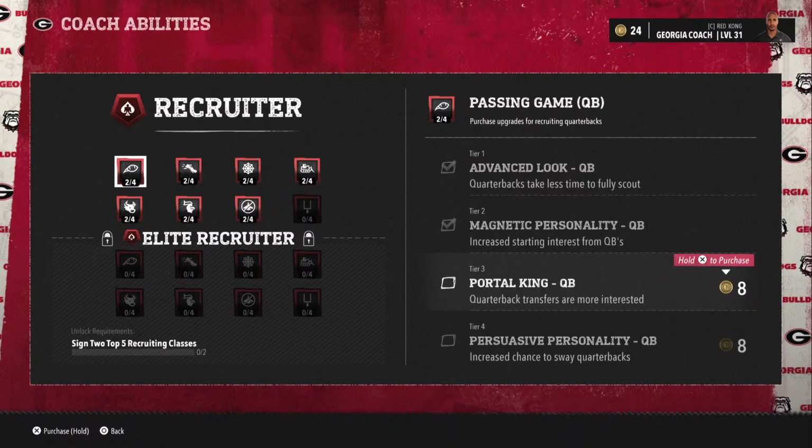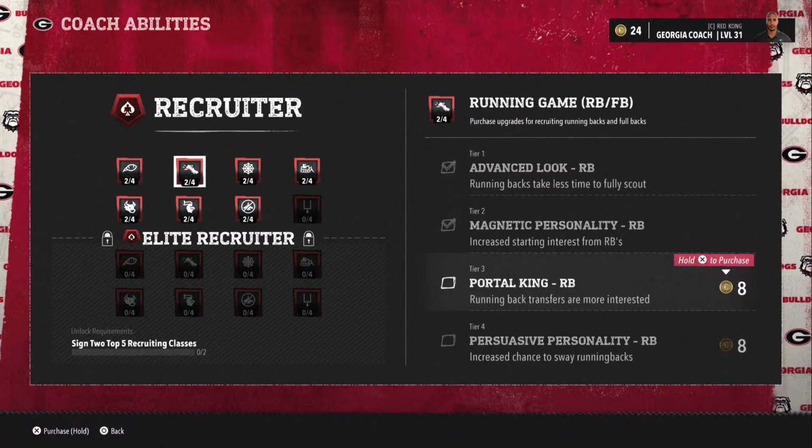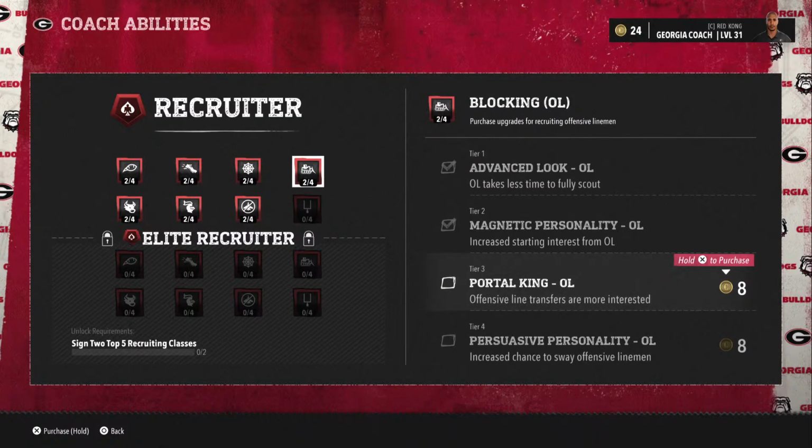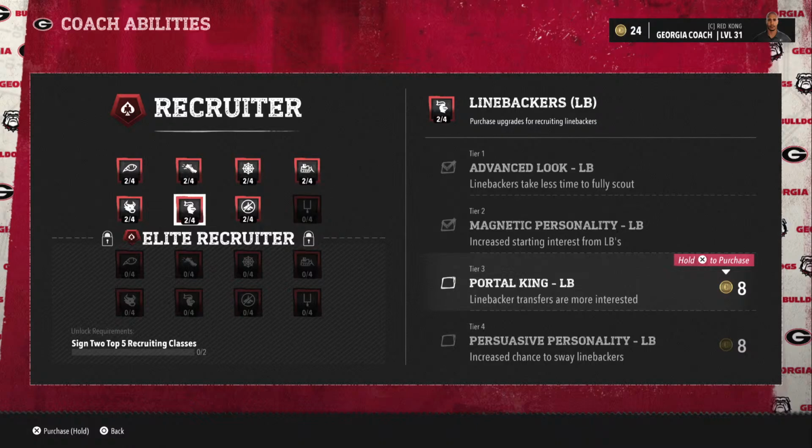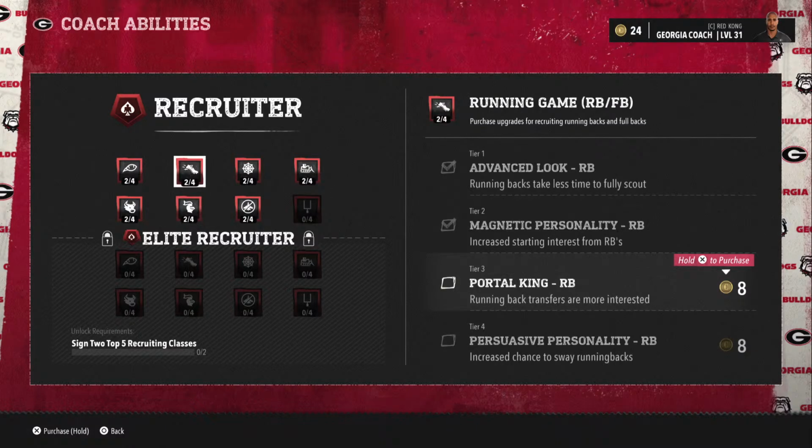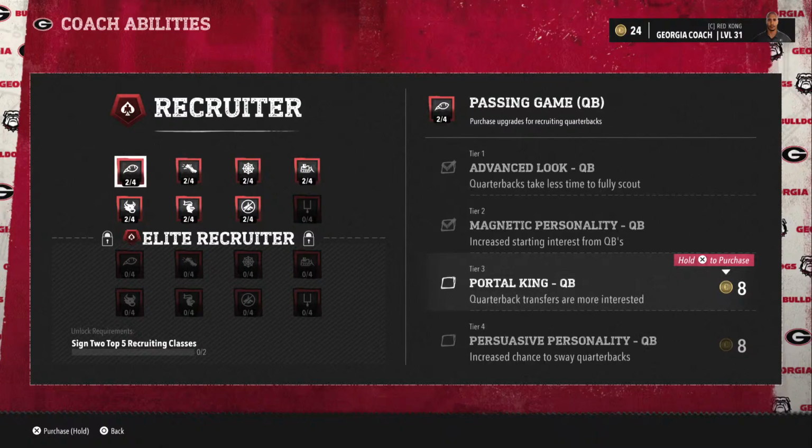Then the second one gives me increased starting interest from the quarterbacks. Then the other one is quarterback transfers are interested. I, for one, don't care about transfers. You might be different, but me, I do. I build my coach up for just the increase in starting interest and the less time to scout. I don't care about recruits. You might, so you might build your coach differently. The way I build my coach is